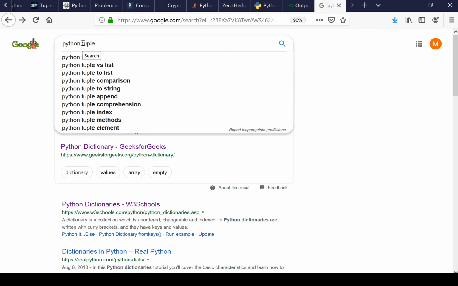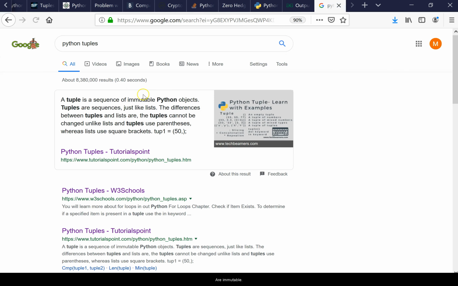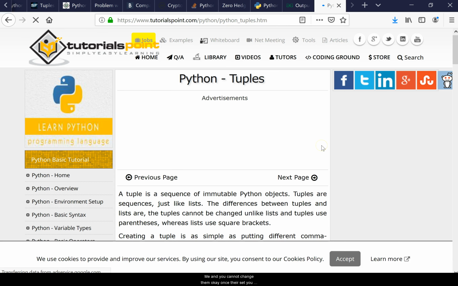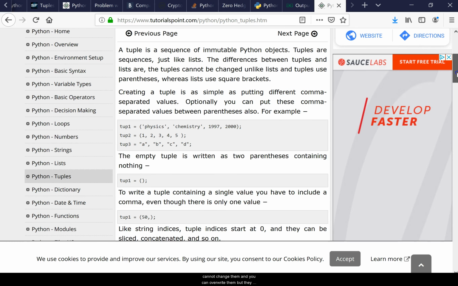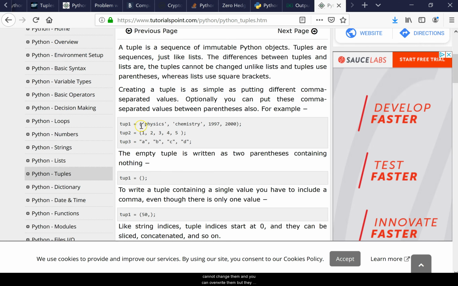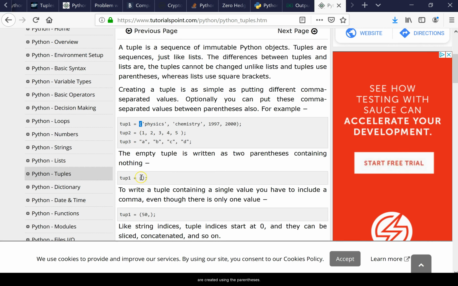Tuples are immutable, meaning you cannot change them. Okay. Once they're set, you cannot change them. Now you can overwrite them, but they're created using the parentheses. Okay. So you're going to have to memorize that when you use these in and out. So,